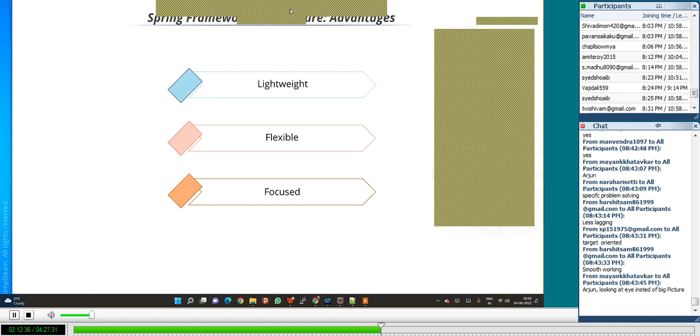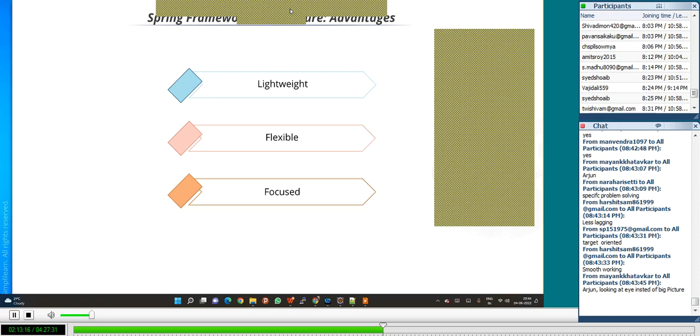Guys, got the clarity on this, everybody? Yes. So focused means what? Focused means particularly oriented onto achieving something that is required. What is required? Required things are going to be given by your consumers or the customers. Those are the requirements. So focusing purely on the requirement and delivering it based on that particular requirement is what we call as